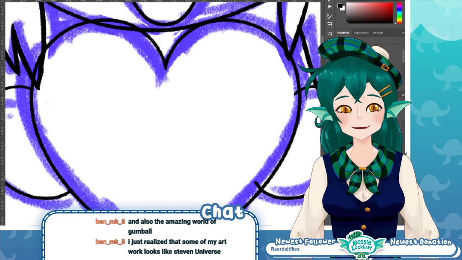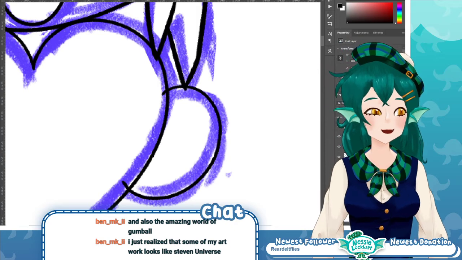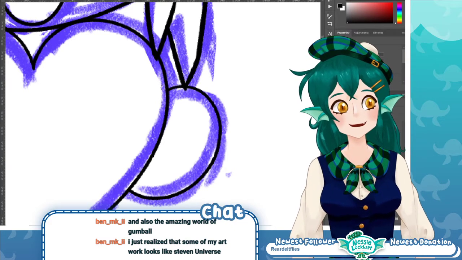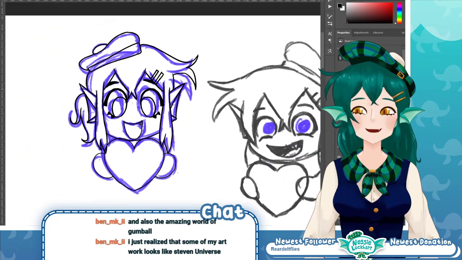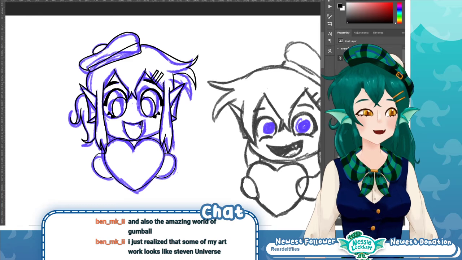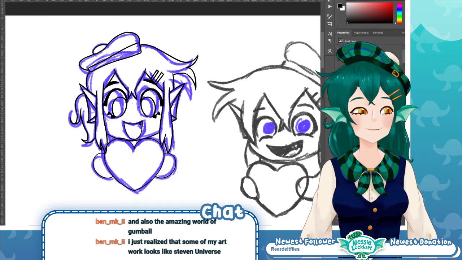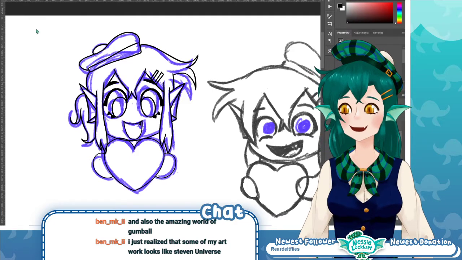It's just a huge, huge influence. It's a very fun to draw style. It was so popular, and now that other shows look kind of like Steven Universe, it's really hard to not draw like that.